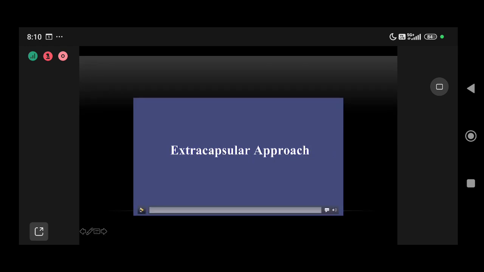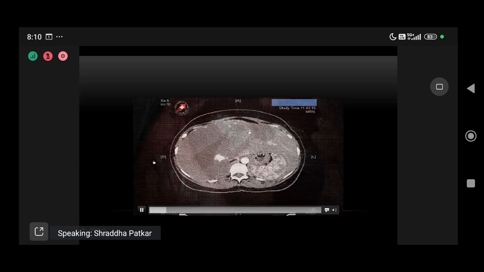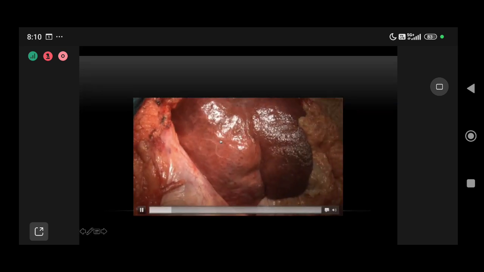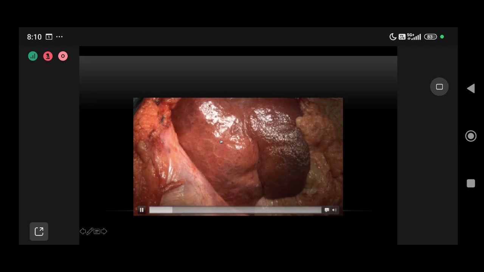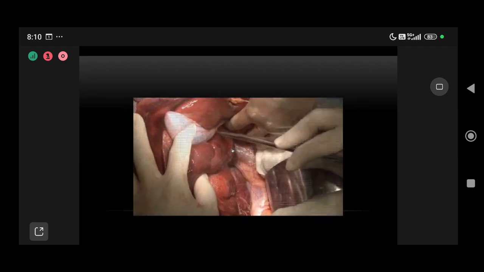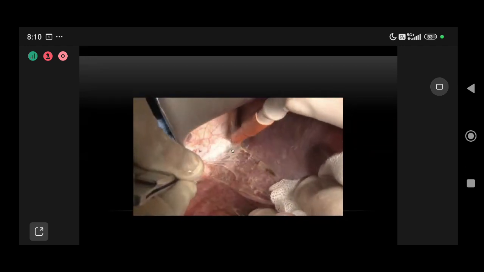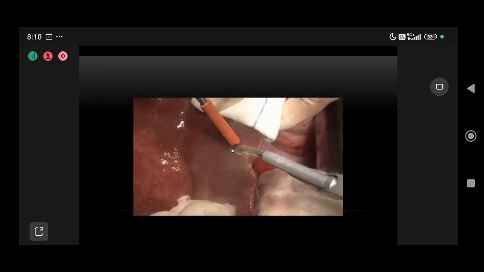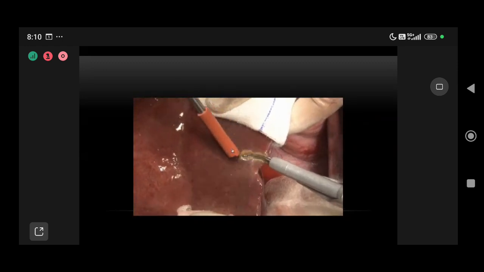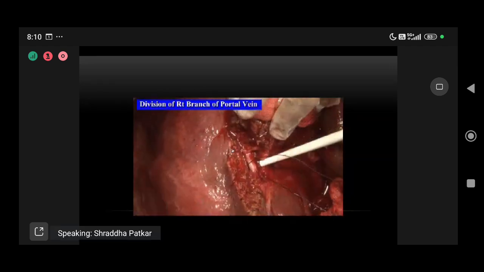This is a good approach for large hemangiomas. You can see that almost the complete right lobe, and a little bit of segment 4, is involved. Our approach to hemangioma is that there is a pseudocapsule which surrounds the lesion or the tumor. You need to identify that pseudocapsule, and once you identify it, a little bit of blunt dissection helps to enucleate the tumor. These are not malignant tumors, but sometimes you may need to take the inflow just to